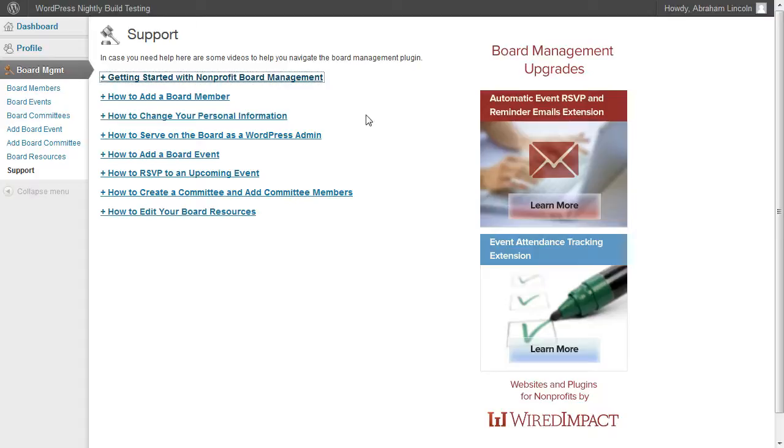The last thing I want to point out is that you can even add premium upgrades to the system. So right now you can add automatic event RSVP and reminder emails, and you can add event attendance tracking. So you can actually track attendance for each one of your board